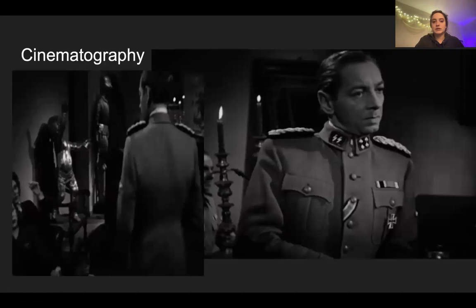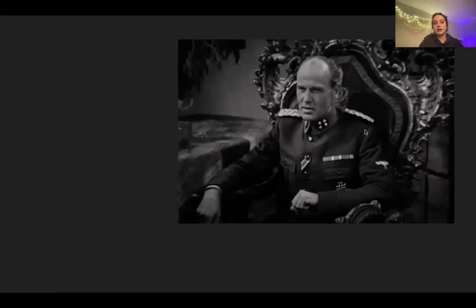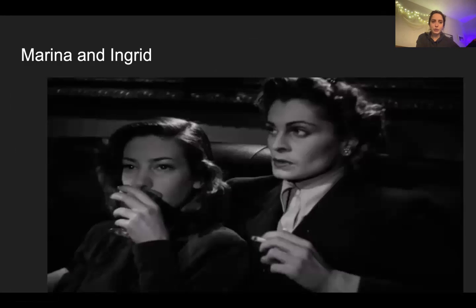So next I'll be talking about cinematography. So this whole scene is filmed through medium shots. The only shot, as you can see here and here, and also right here, for example, that wasn't shot through medium shot that I saw was Marina and Ingrid, which was shot with more of a medium close-up shot. I think this was to add a sense of intimacy between the two,